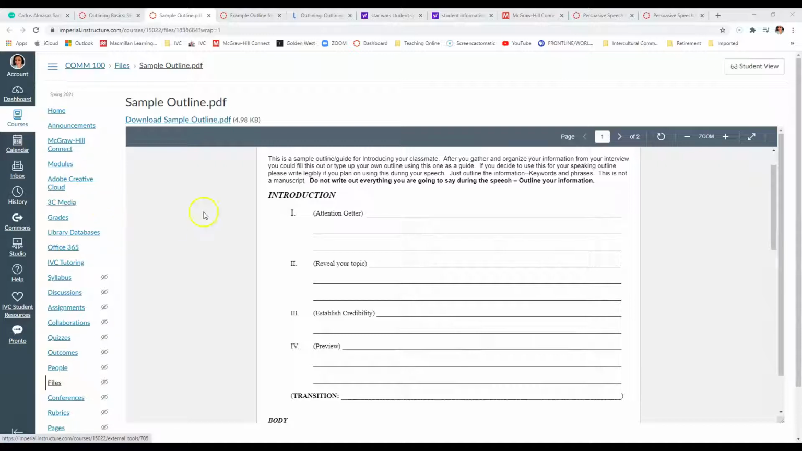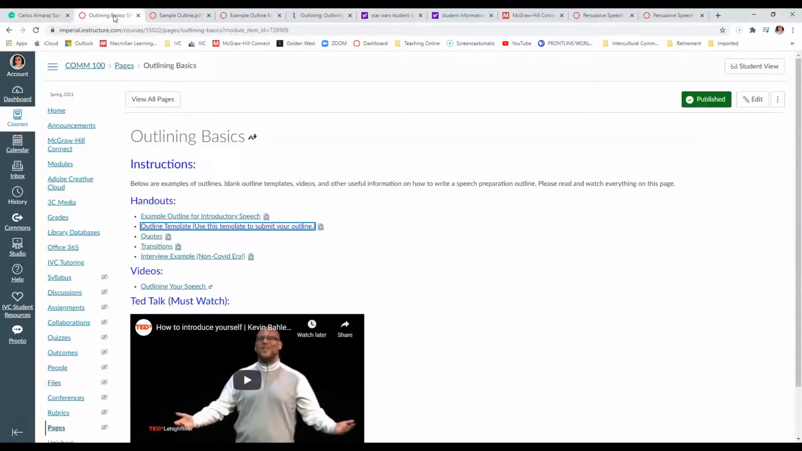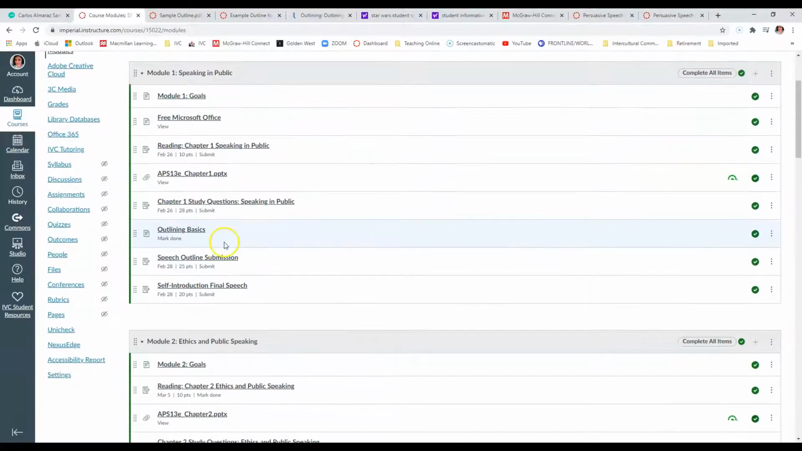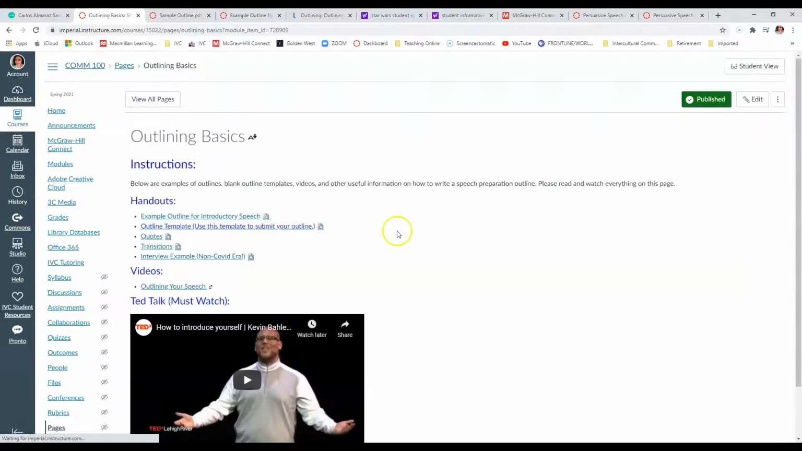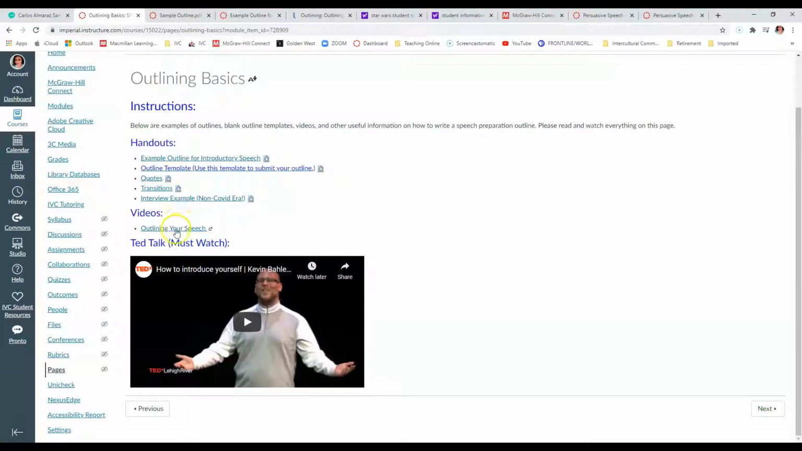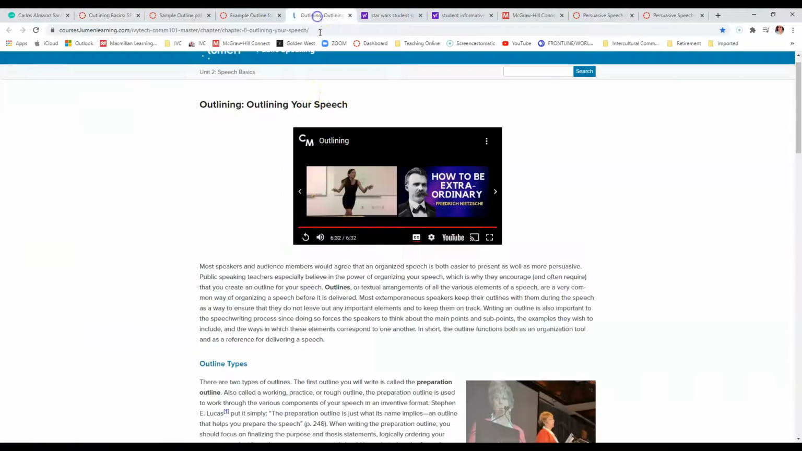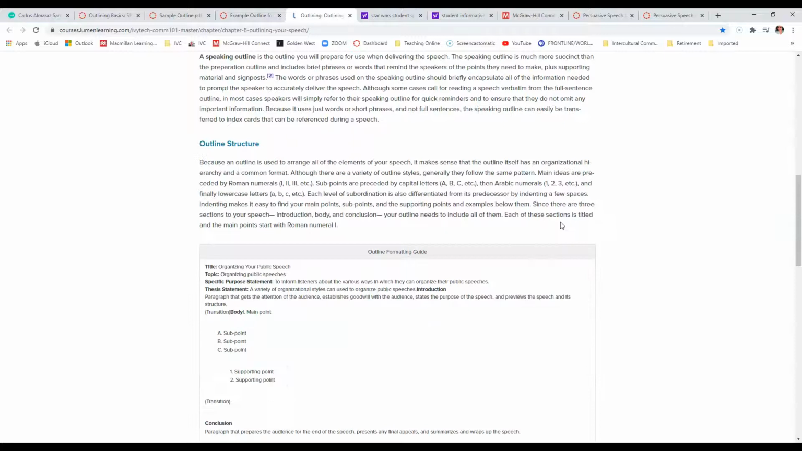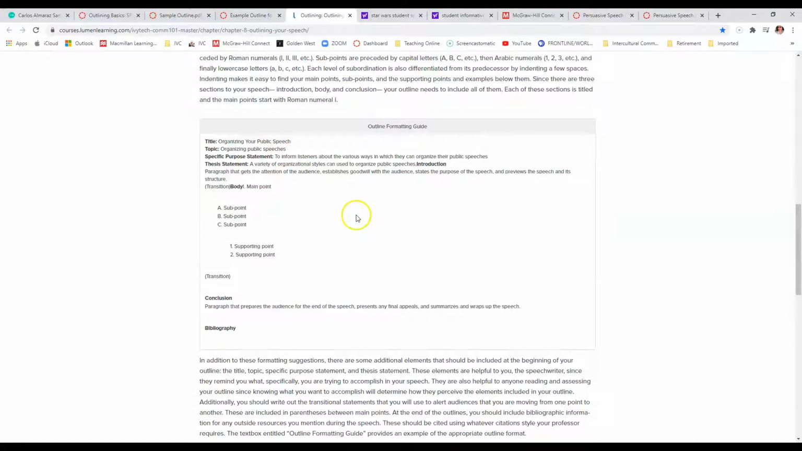The first thing I want you to go over is in Module 1. I believe this is Module 1. Yes, in Module 1, go to Outlining Basics, and you will see some handouts and a video on how to outline your speech. This is very important because this video in particular gives you details on how to do it step by step, and it also gives you an example of how to write your speech and the importance of indenting